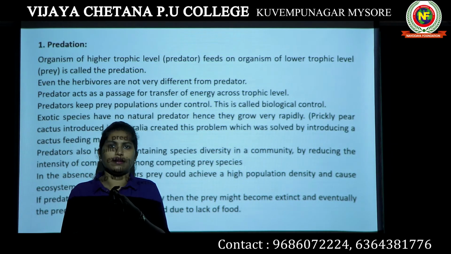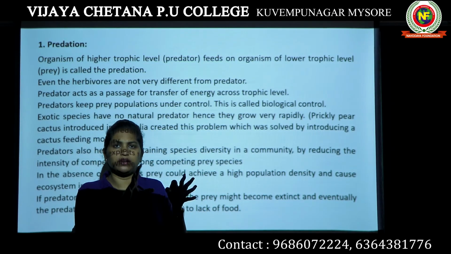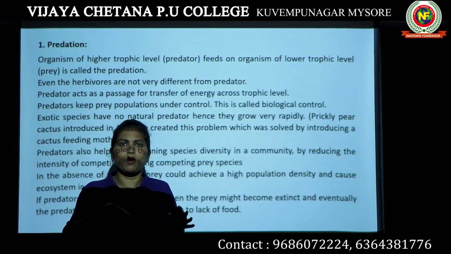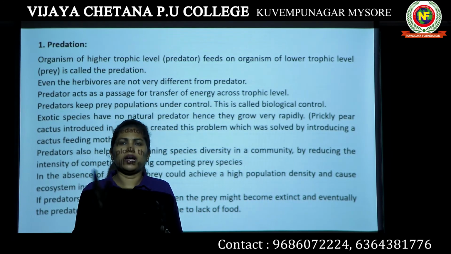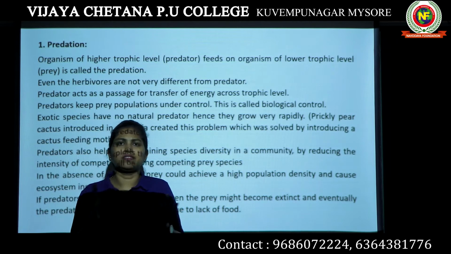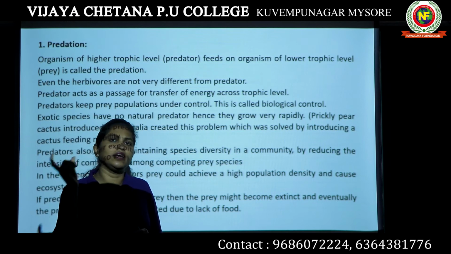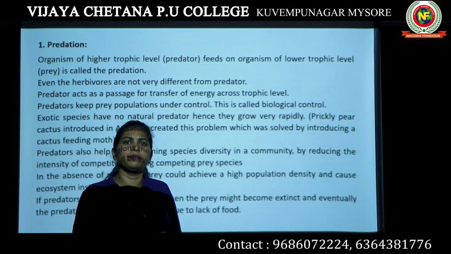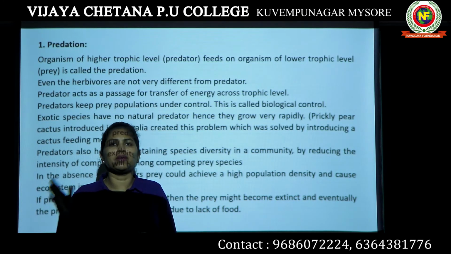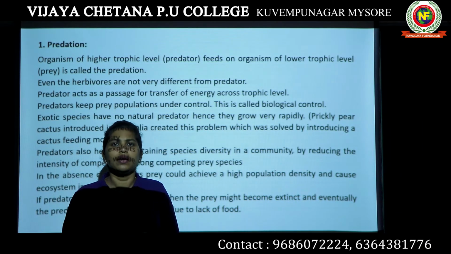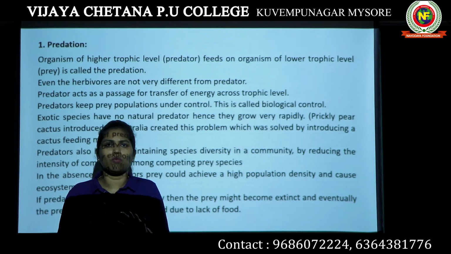Okay, so it's a link. The predator has to keep the prey population in balance. In a similar way, the prey population should also be limited so that these predators can feed on it at a required level. If the predator starts eating more and more prey, then the prey community will become extinct. Eventually, the predators will also become extinct because there is no food for the predators. Okay, so stability is always required. A balance is always required.